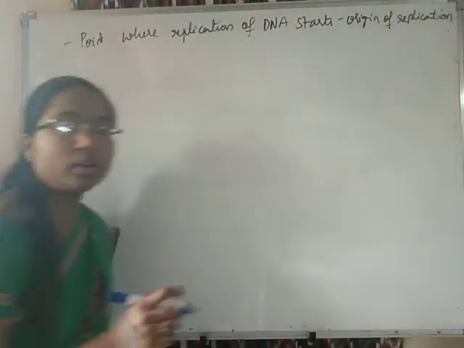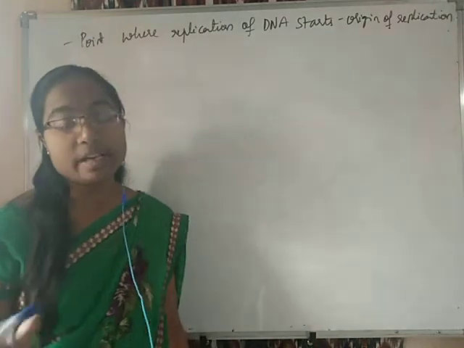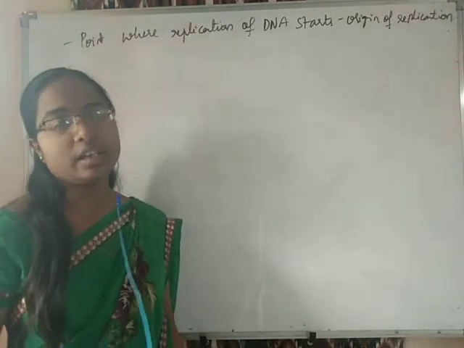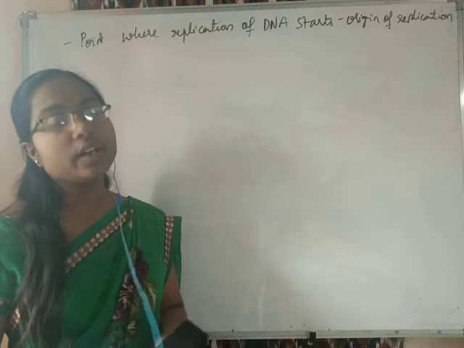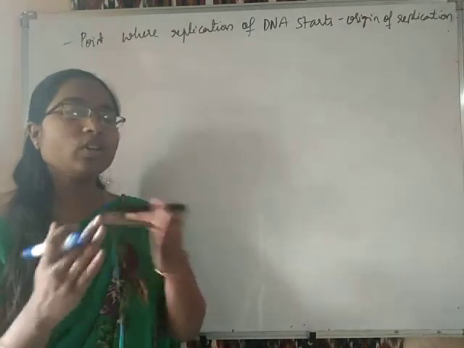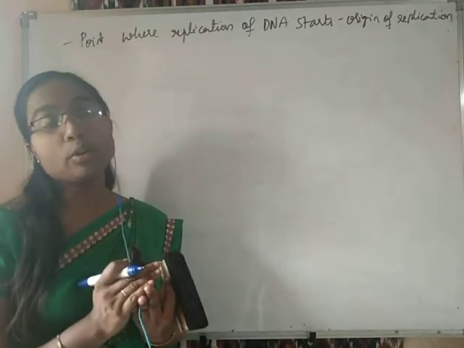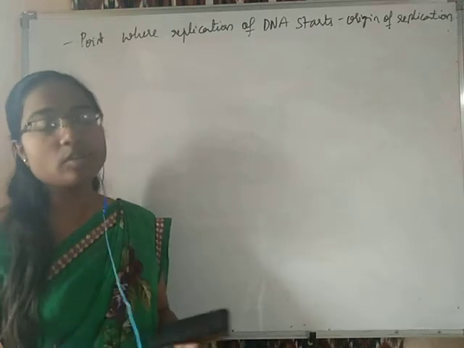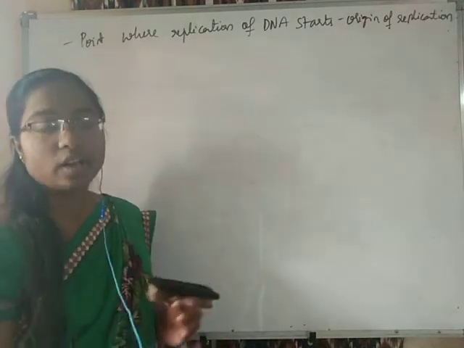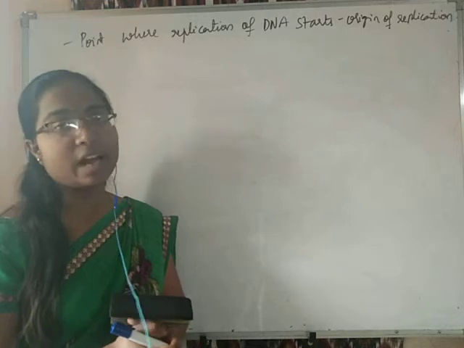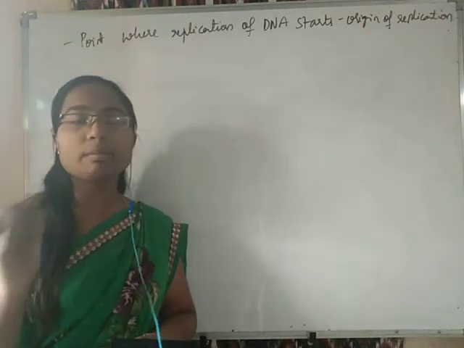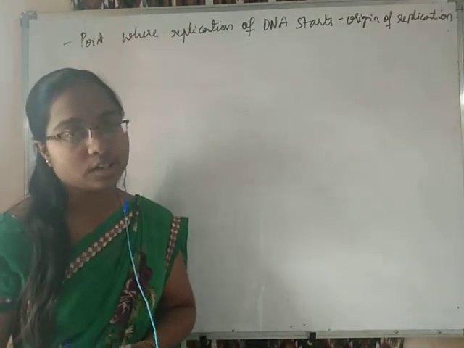This is very important. The origin of replication is the place where the replication of the DNA is going to start. Okay, unwinding of DNA, uncoiling of DNA, breaking the nucleotide base pairs will result in the formation of a replication fork. Along the replication fork, nucleotides will be added, but the origin of replication is the place where replication is going to start.